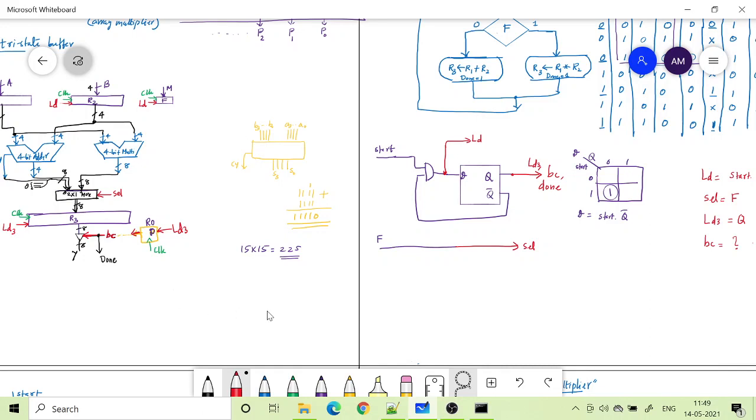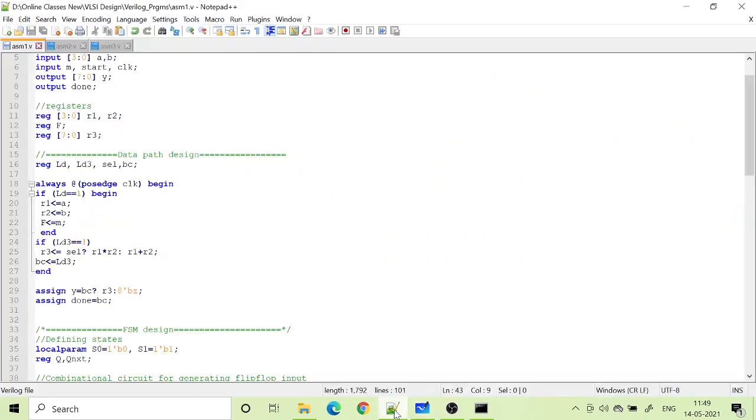One thing I want to mention with respect to the programming is that I can use two different kinds of symbols here. When LD3 is high, if I am immediately assigning the value to the BC control signal, if I want immediate assignment, I use this symbol, just an equal to symbol.